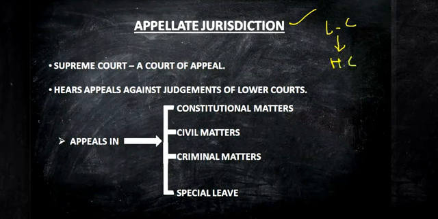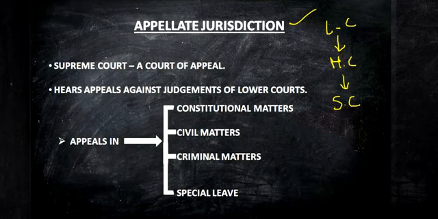Now it is in the hands of High Court to decide the case, to try that case and deliver justice. And if that aggrieved person feels that justice hasn't been delivered to him, then he will move to Supreme Court. Is it clear? So Supreme Court is the final court of appeal, as I have mentioned in the functions of Supreme Court. Now Supreme Court is a court of appeal. Is it clear? The aggrieved person who wants justice will finally move to the Supreme Court to get justice.